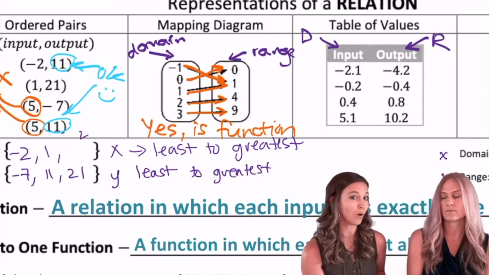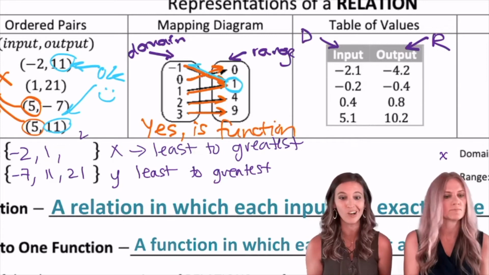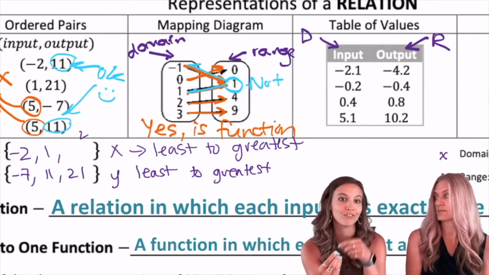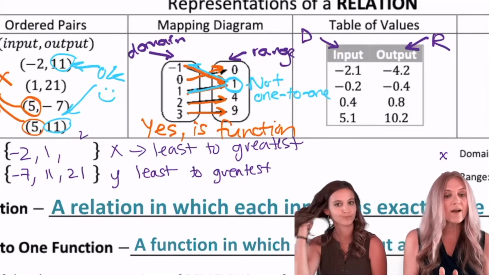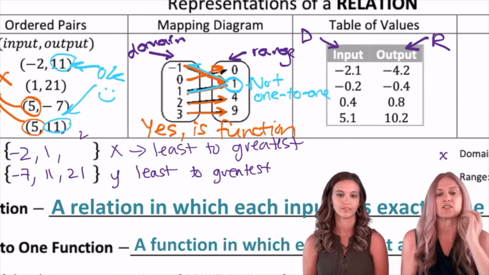But is it a one-to-one function? Let's look at those outputs. No, that output of 1 has 2 different inputs, so that doesn't work. When we look at the next one, now I think we're going to see a one-to-one